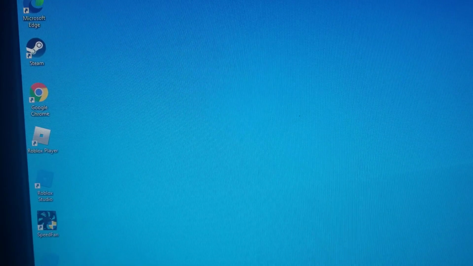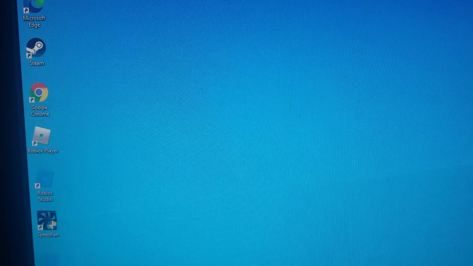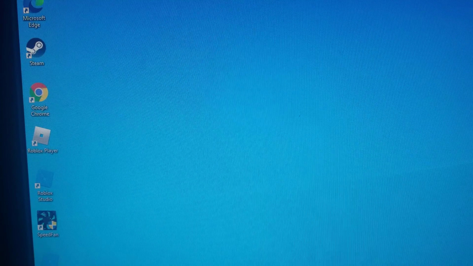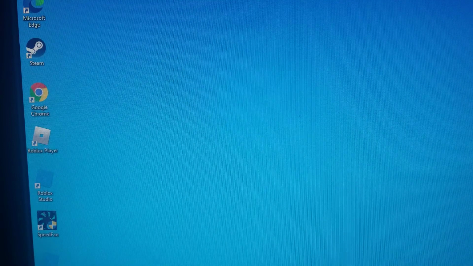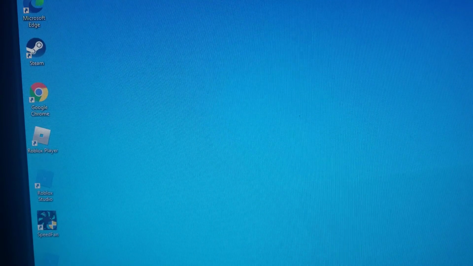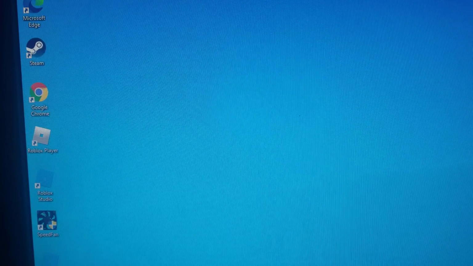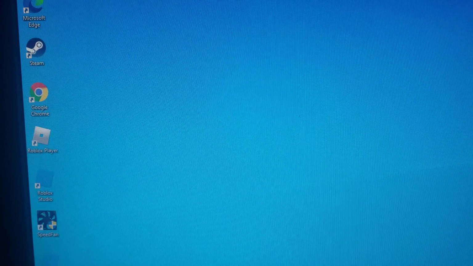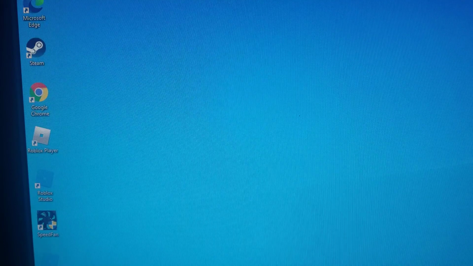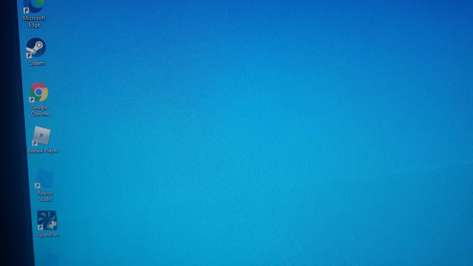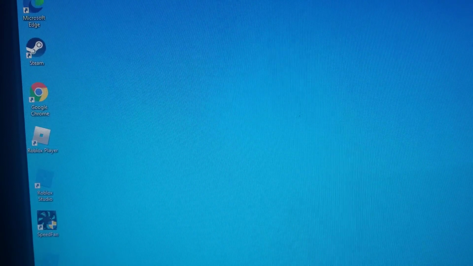So if you ever had an issue with a USB device, or even in the case of a laptop, like a built-in Bluetooth, built-in Wi-Fi, if you ever had an issue with those devices going to sleep, meaning you step away from your PC or your laptop and when you come back, you have no Wi-Fi, or you have no Bluetooth, or you have no wireless mouse, or you have no wireless keyboard. The reason is because